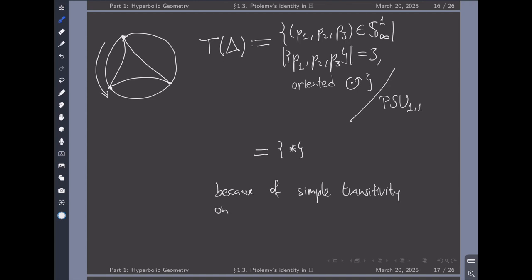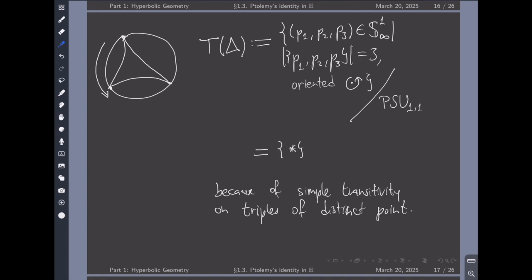Yeah, on triples of distinct points. I mean, here, if you give me two such triples, I would take the unique Möbius transformation taking one ordered triple to the other, and it preserves the disks, because of all that we have been saying, right? I mean, it has to send